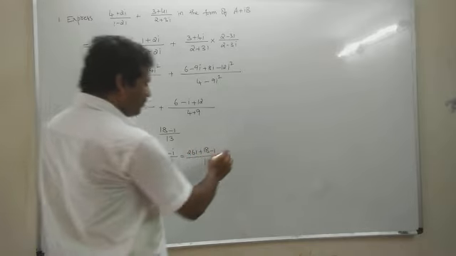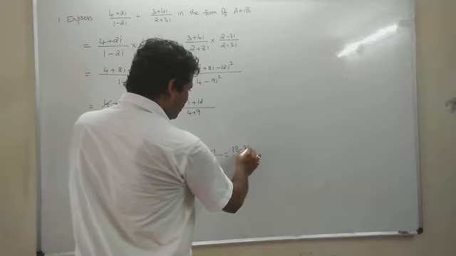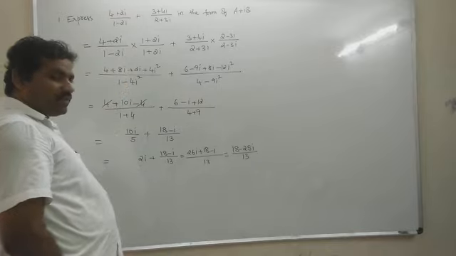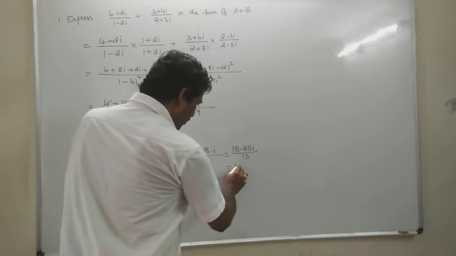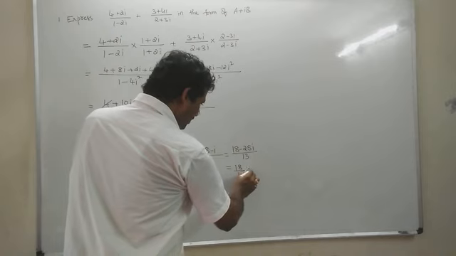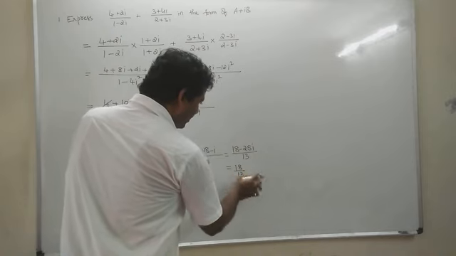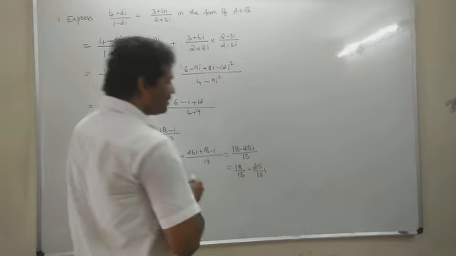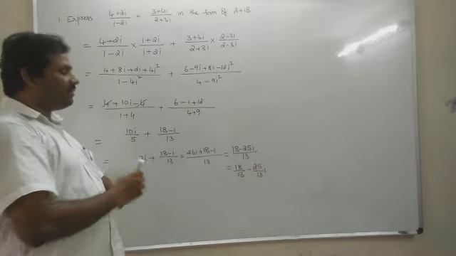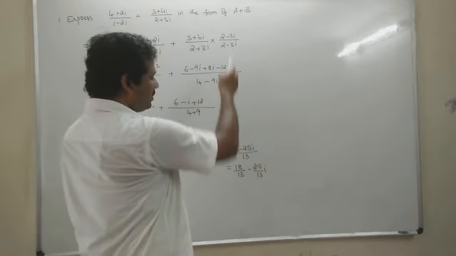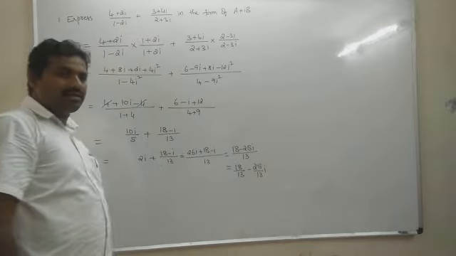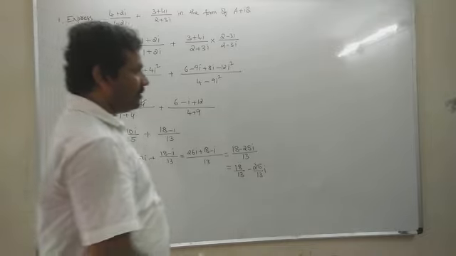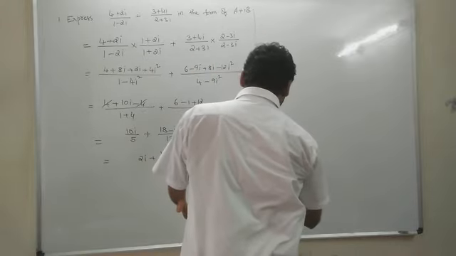What is this equal to? (18-25i) by 13. That equal to 18 by 13 plus, that is the minus 25 by 13 i. So that is in the form of a+ib, where a is 18 by 13 and what is the b? Minus 25 by 13. So in this way we have to express in the form of a+ib. Right? Now see another problem.